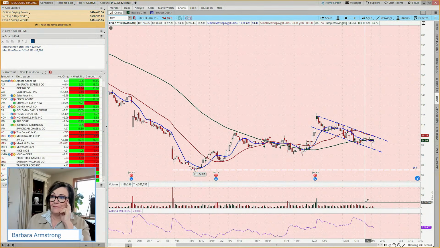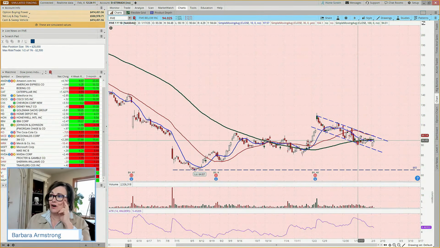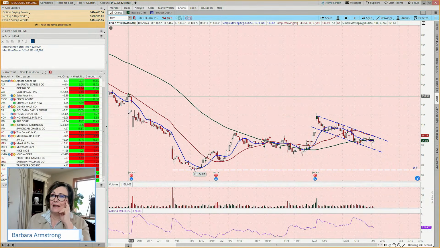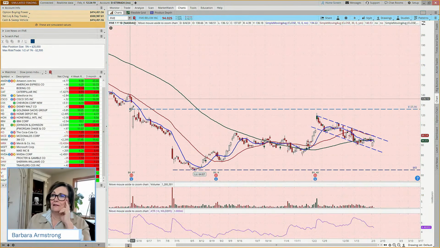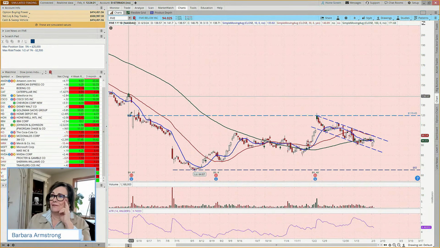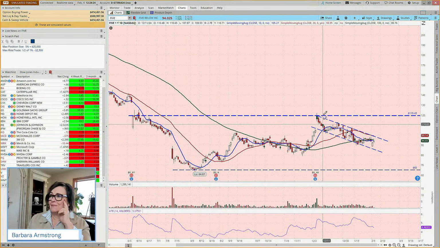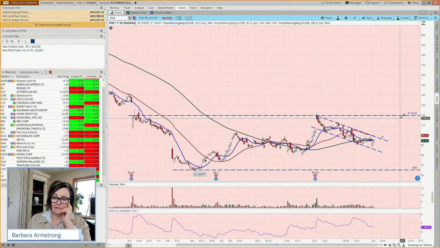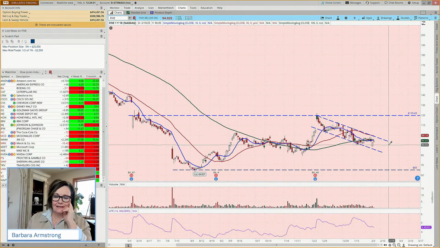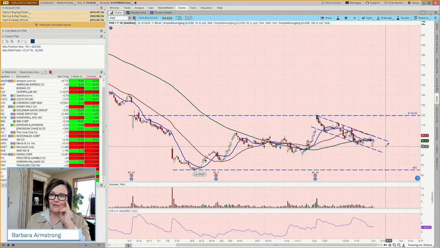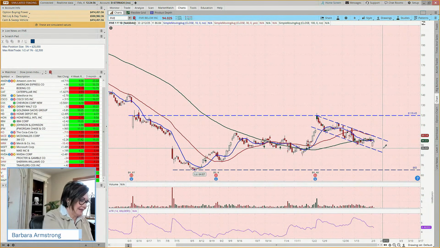Okay. Now, could it be setting up another new pattern, like a longer term pattern for this to come back up? And then could we look at it from this perspective? Say, could it be setting up a new kind of cup and handle? Maybe. But from where it is right now, do we have an entry signal? No, we can look at this 6 ways to Sunday, but I don't see one, with my little eye.